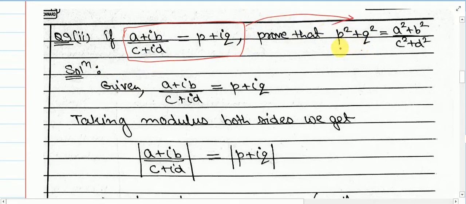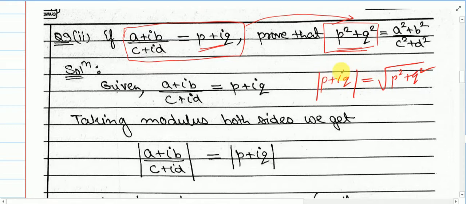Here you will see that on the left hand side we have p square plus q square. This is what we need to show, and this is given to us, and on the right we have p plus iq, and this is p square plus q square. P plus iq is a complex number. If I take mod of this, then you know mod will be this, p square plus q square. Yes or no? So